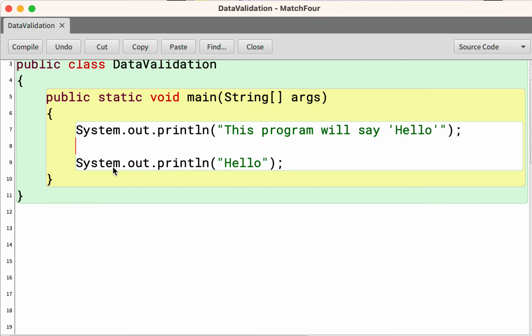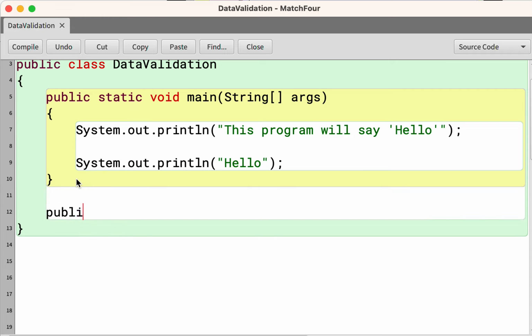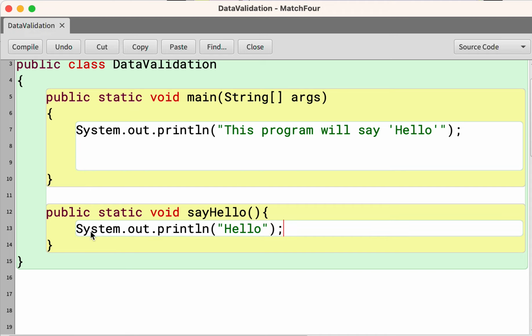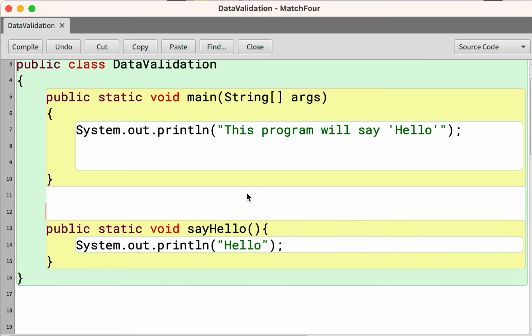So now what if I wanted to do this, but instead using a method, right? How would I do that? Well, I would come out here, and I would say public static void, say hello is the name of the method, two parentheses, curly brackets, and inside the body of the say hello method, I'm going to put the code that I want to execute. Now this here is called the method definition,